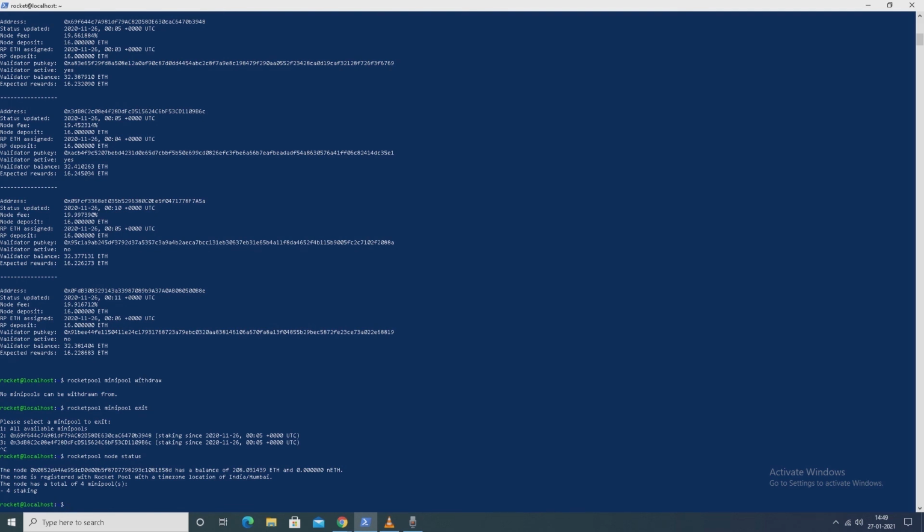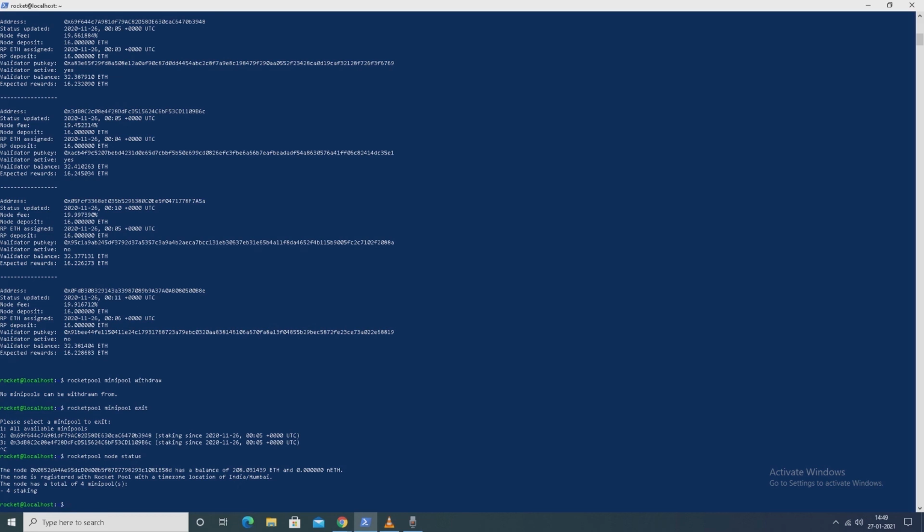And after some time, during the Rocket Pool mainnet launch, this R ether and N ether can be swapped on Uniswap, so you can convert them into ether. That tokenomics portion we will see later.